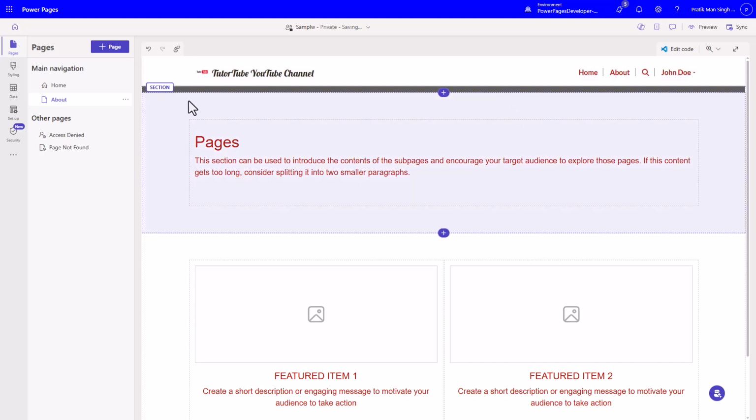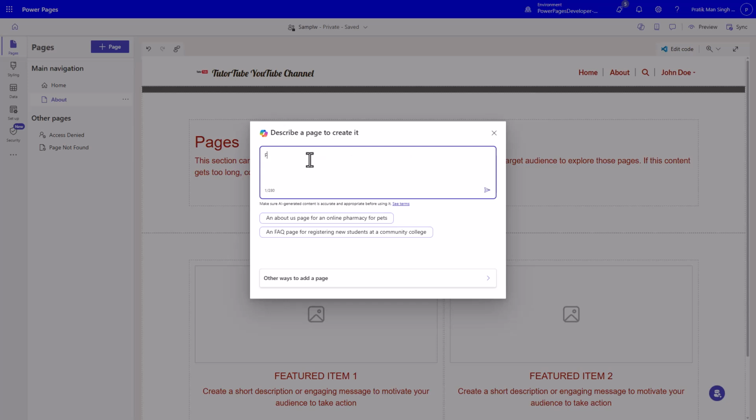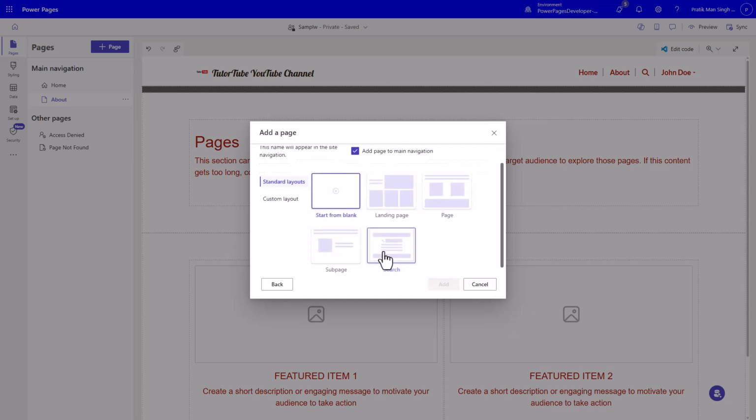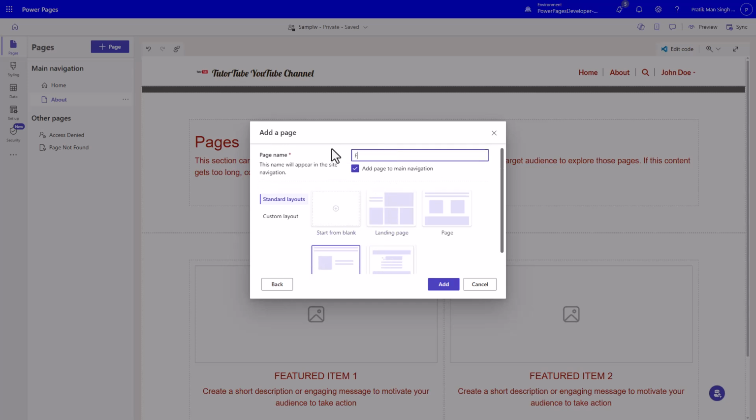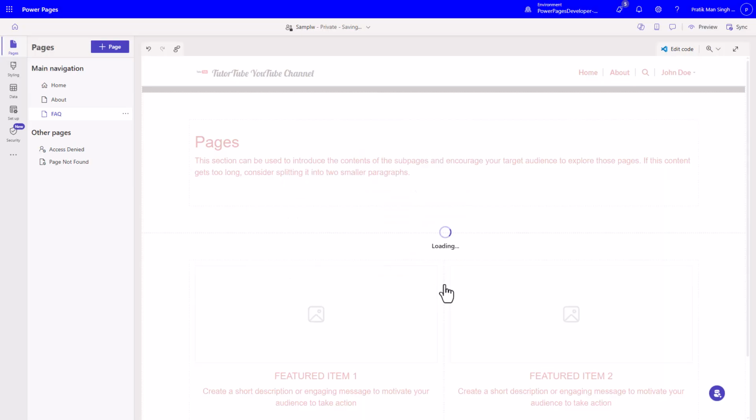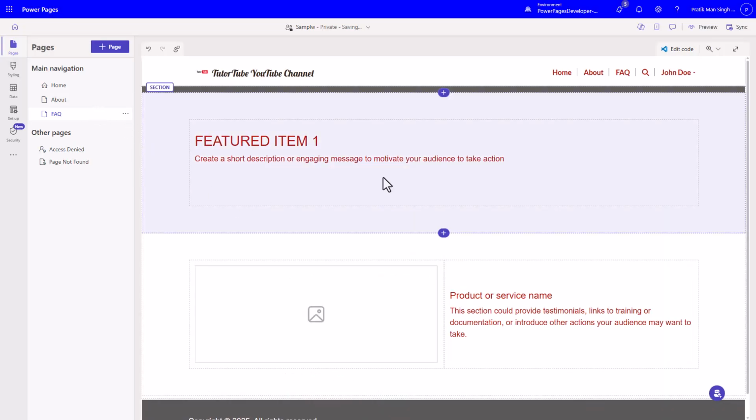as well automatically, as you can see right here. Let me go onto page right here, and I'm going to add in FAQ, other ways to add a page, and then I'm going to go over here onto sub page right here. So let's just go onto FAQ, press add right here, and this is what you have, as you can see. And that is simply how you can add pages to a website inside of Microsoft Power